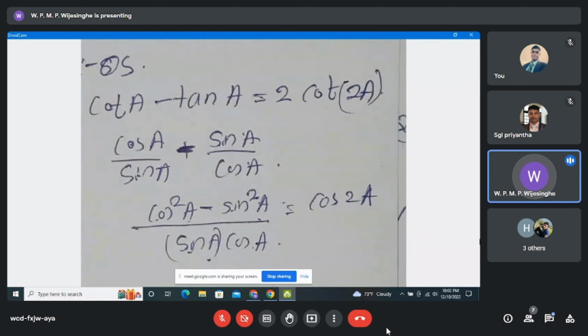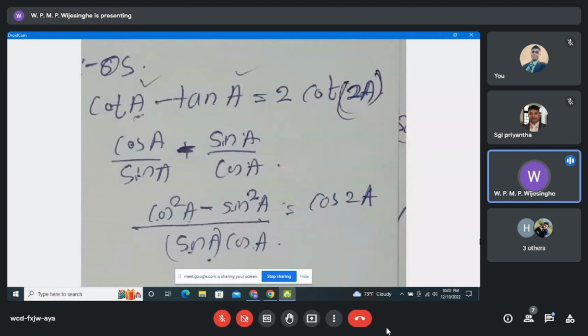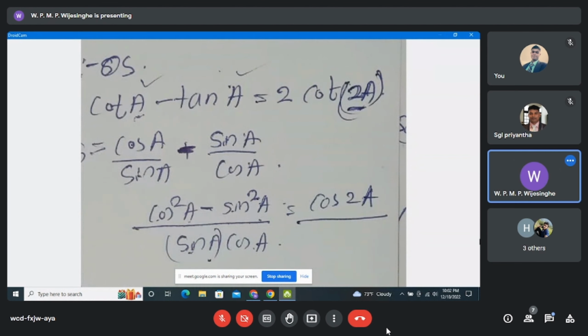The final output, here there is a 2A, but in this left hand side, A is half of this angle, right? Then cot A means cos A divided by sin A. So I should make sin 2A in the denominator. So to do this,